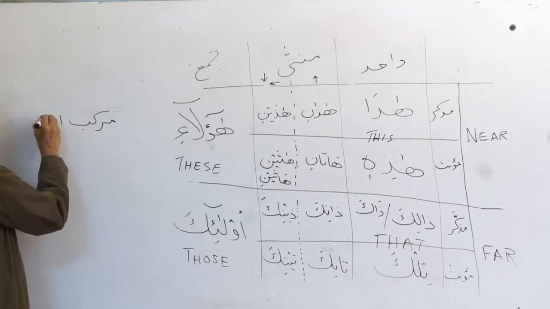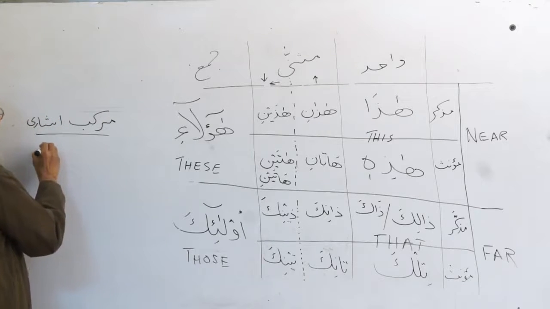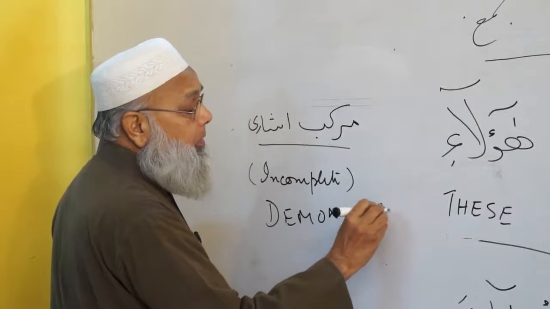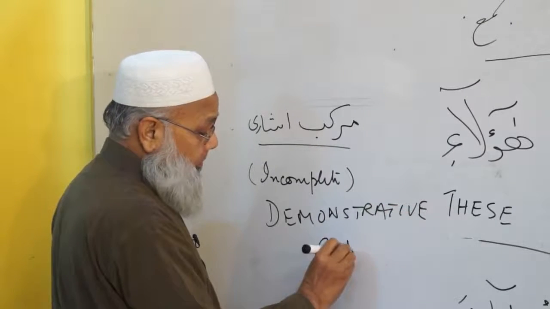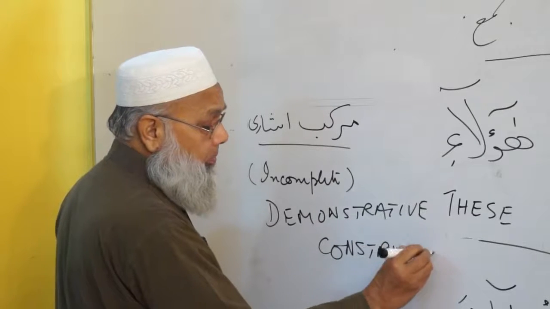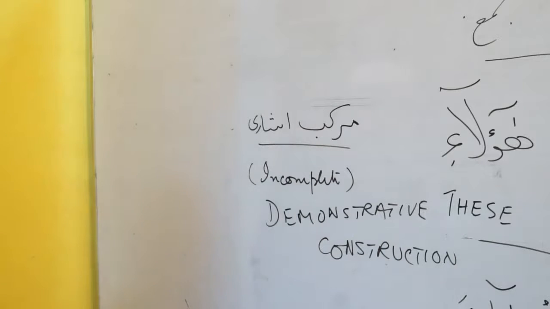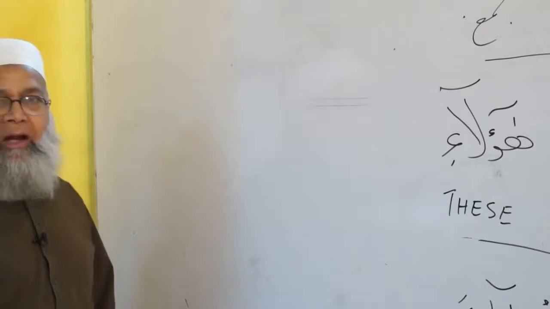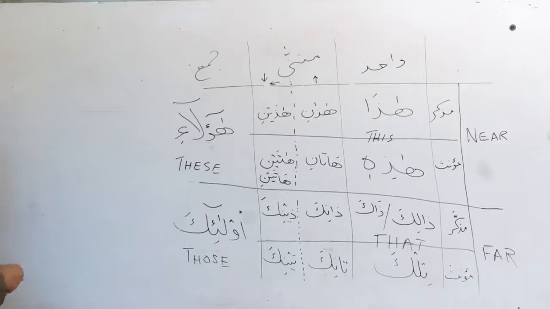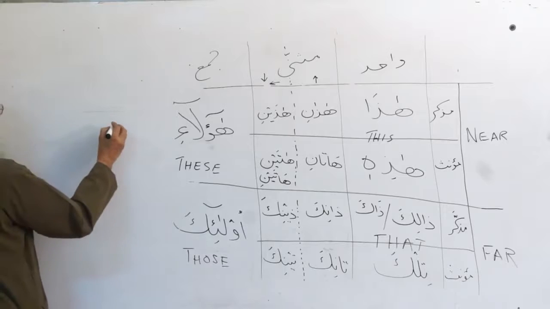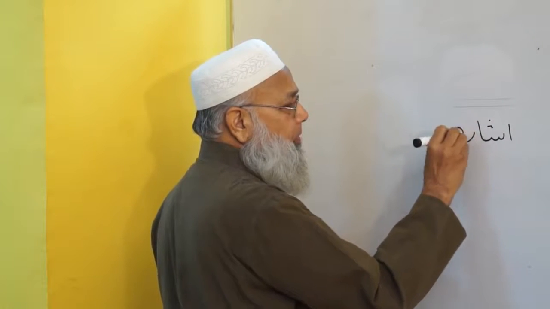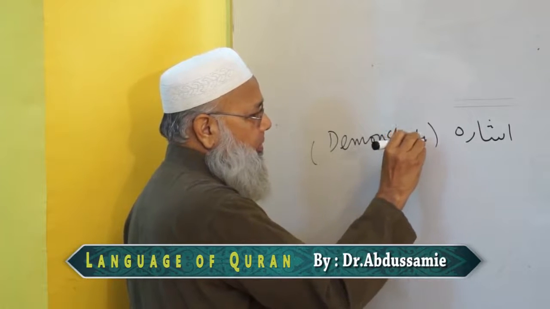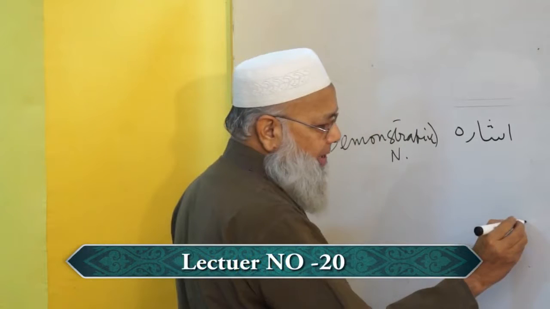Murakkab Ishari, incomplete demonstrative construction. And in a demonstrative construction, the Asma'ul Ishara follows the Musharun ilayh. It has two components. Murakkab Ishari has two components: Ishara, which is the demonstrative noun, and Musharun ilayh,